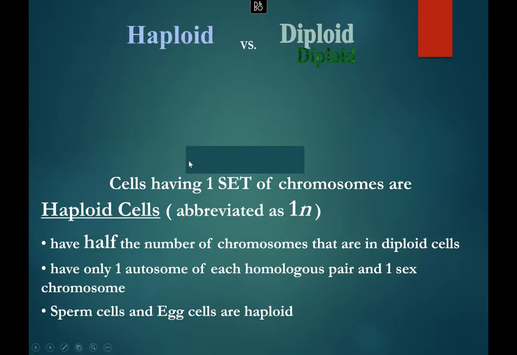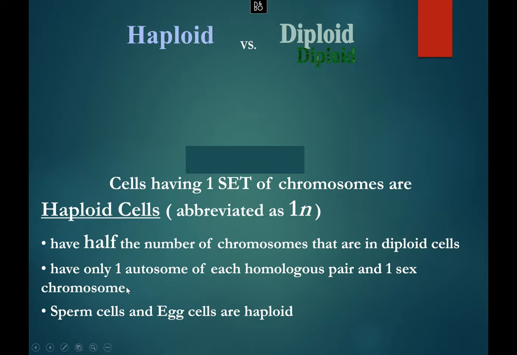Now, this is, I think, the last thing we're going to talk about. So, the last thing we need to talk about in terms of chromosomes is haploid versus diploid. And this is going to be important when it's time for us to think about cells reproducing, especially the production of sex cells or gametes, which are your sperm cells and your egg cells. So, haploid: H for haploid, H for half. There is half the number of chromosomes in the diploid cell, meaning one copy of every homologous pair and one sex chromosome.